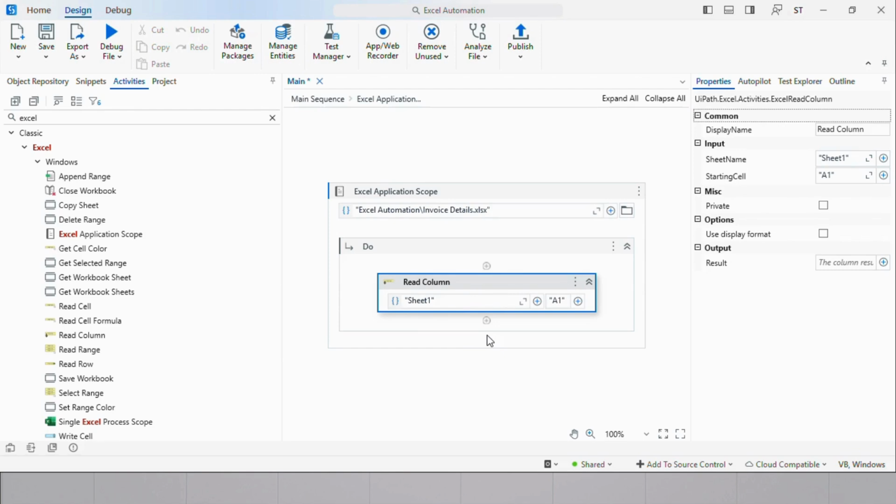Read column activity is used to extract any specific column information from the input Excel file. So for this activity, we need to mention the starting cell number. From that cell number to end cell number in the same column, the data will be extracted. So the output of the read column activity will be list. So let me create a variable to store the column information,